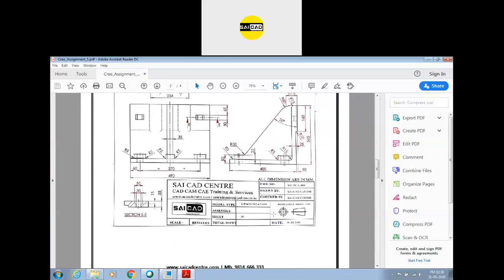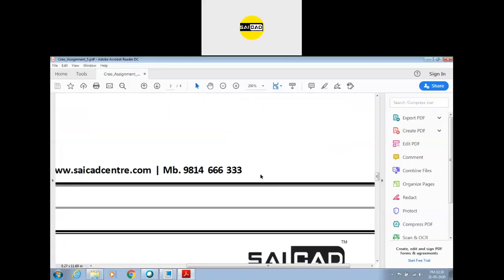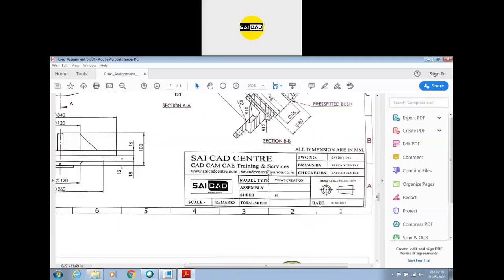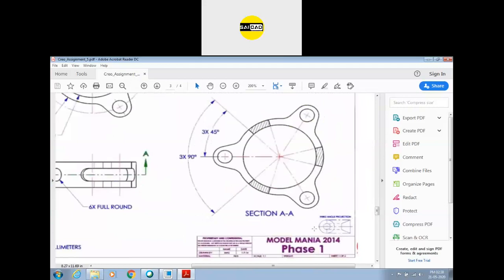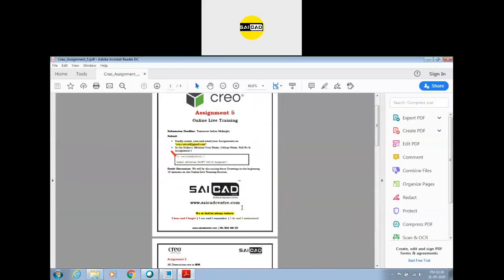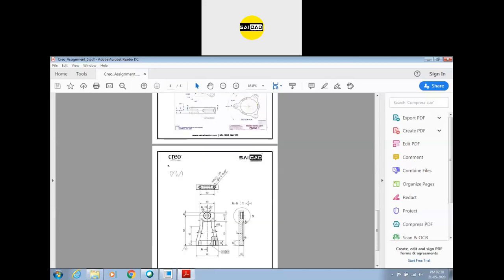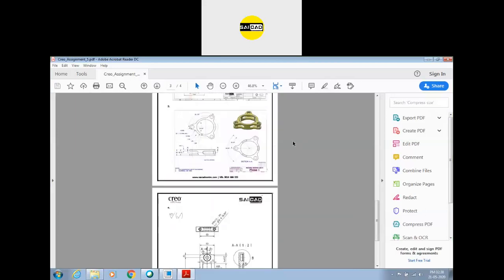You will see the projection also in here. All the drawings are in third angle projection. This is again in the third angle. Everything is in the third angle projection. Use that. Clear? Any other question?